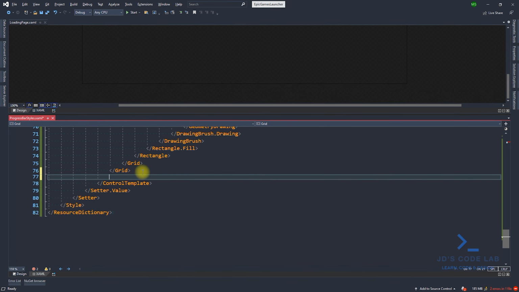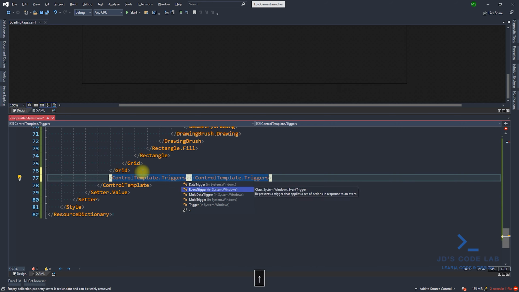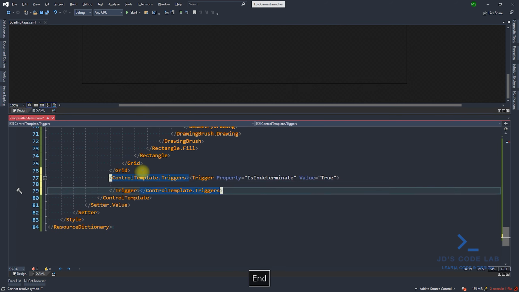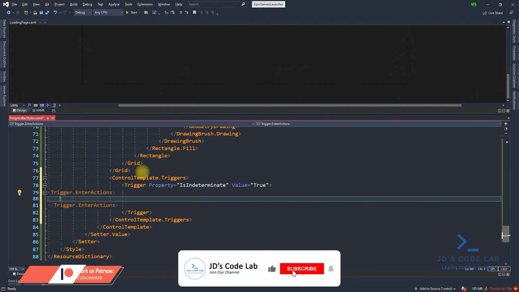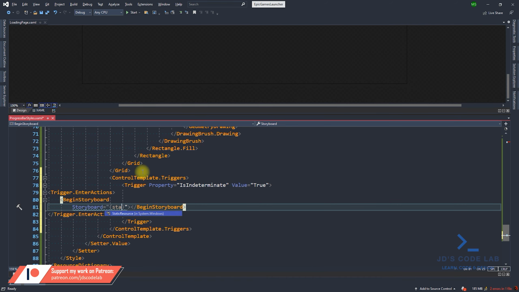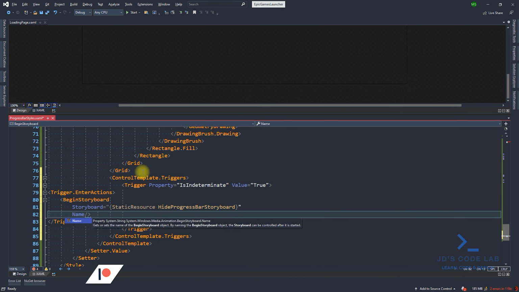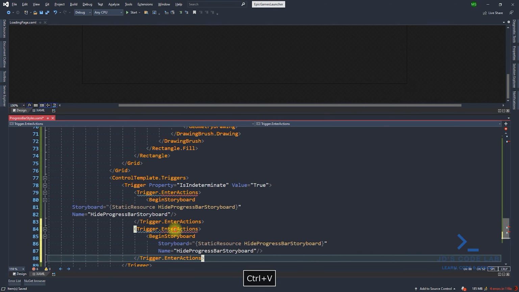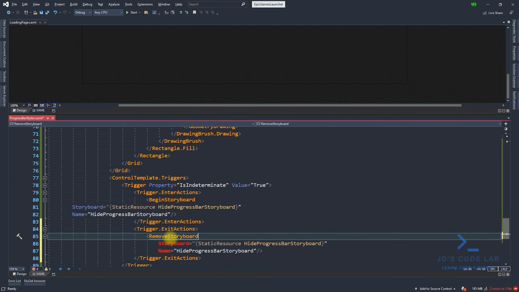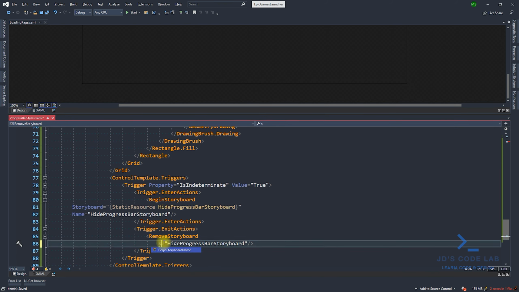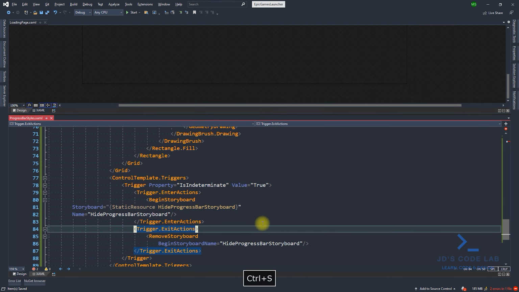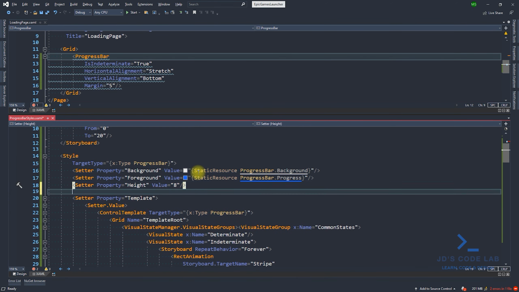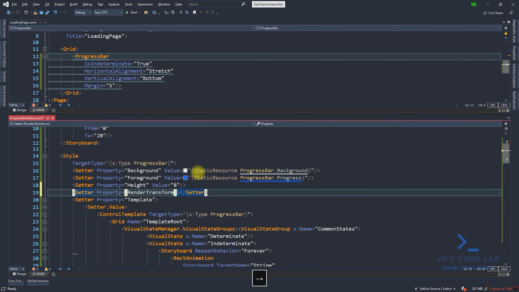So let's assign this storyboard in the control template's trigger. For translate transform animation to work, we need to set the translate transform value for the render transform property in progress bar style.